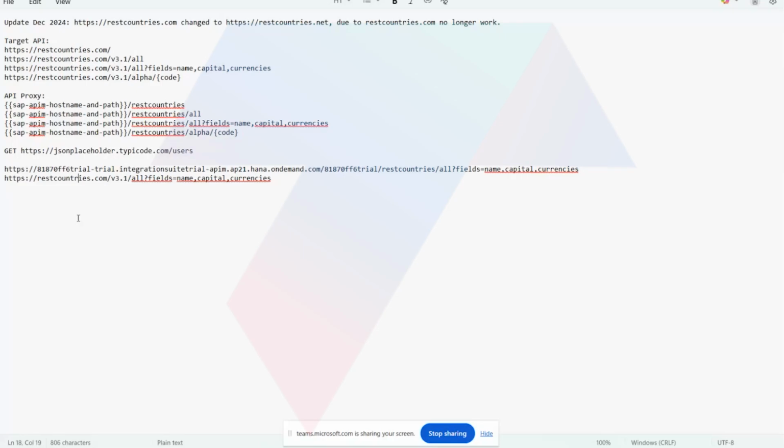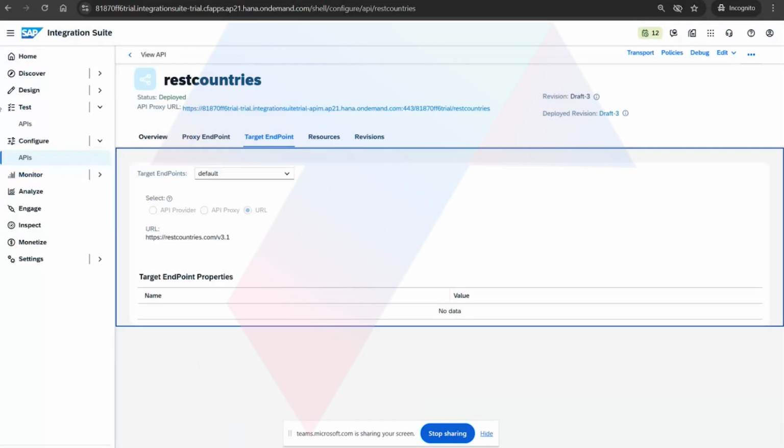Yes. We don't want to share our S4HANA API URL with them, but we still want them to access whatever specific query they want to know about, so we use an API proxy. We just want to make our APIs secure. That is the main intention of using an API proxy. Okay, that is with respect to